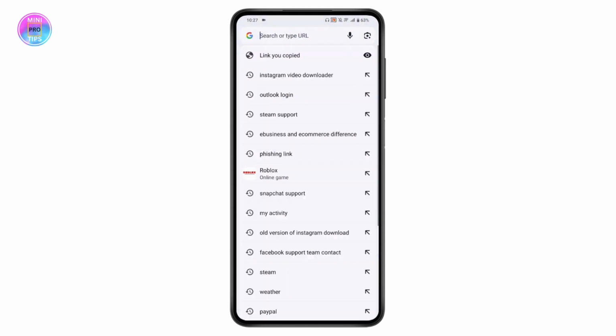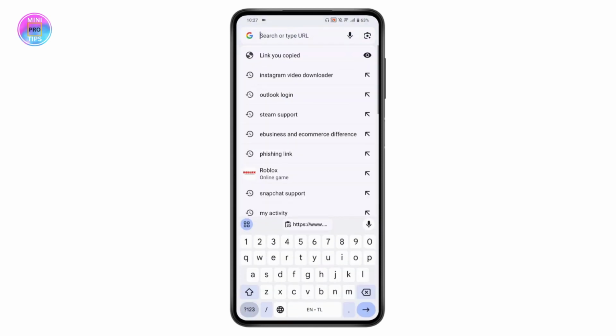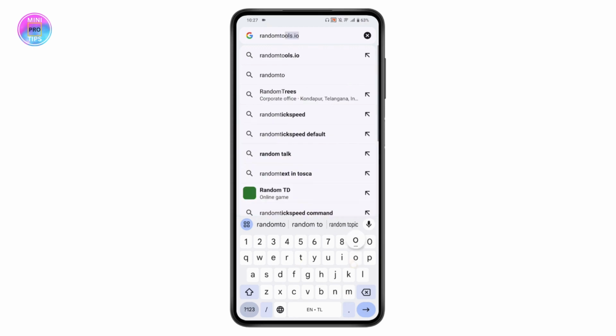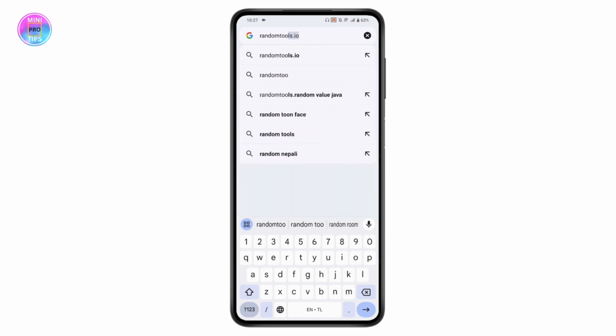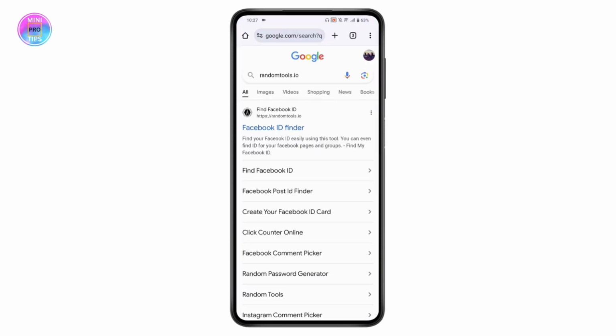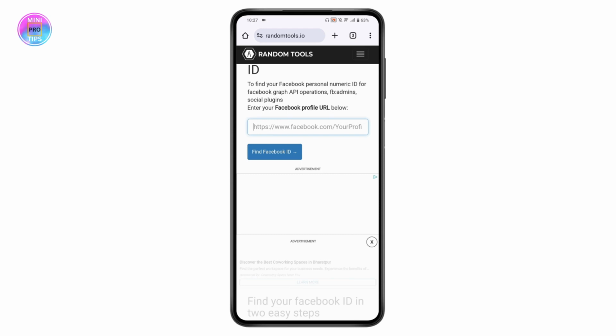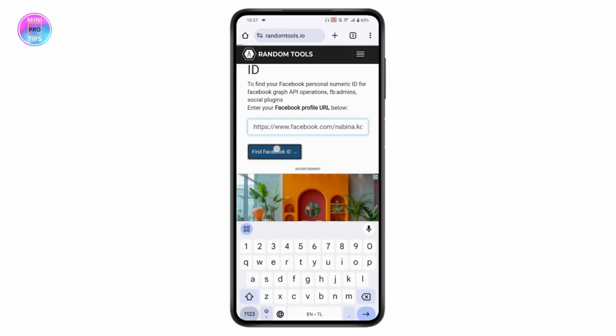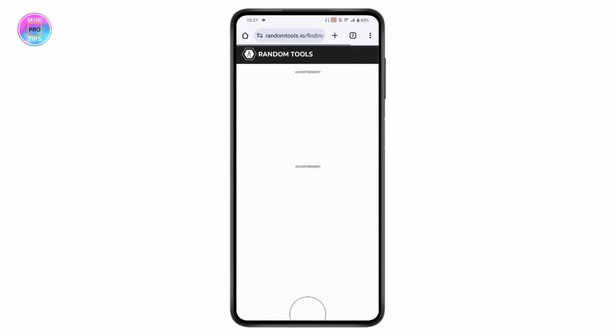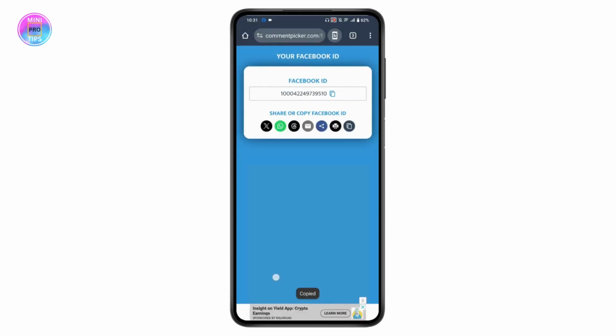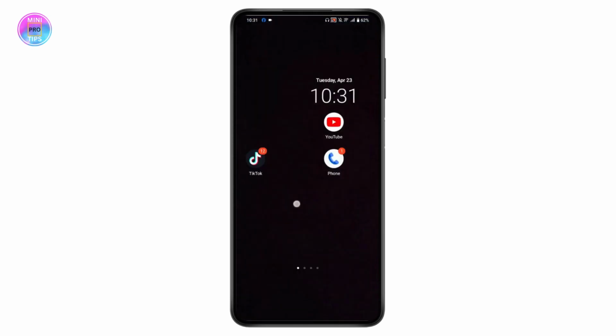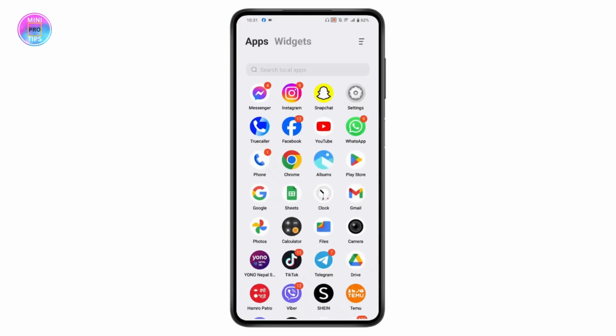And once you're here on the browser, you can simply go for the search and then you can search for randomtools.io, and here you will find Facebook ID. So you need to simply go for the first search and you need to enter that link here. Tap on find Facebook ID and here you will get the Facebook ID. Simply copy the Facebook ID, and once you've copied, now you need to enter the Facebook ID under your email